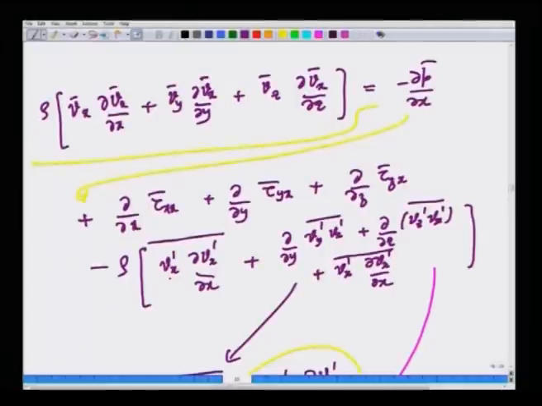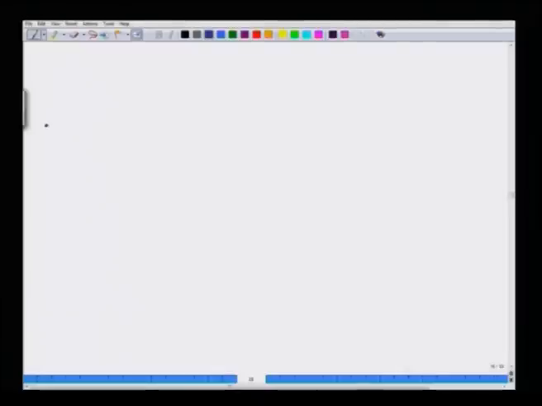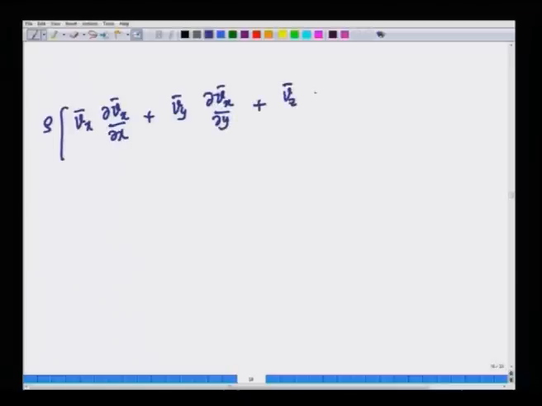So, when we combine all this together after doing these simplifications, now we realize that there are two such terms. Okay. So, I am going to put everything together now. So, the time average Navier-Stokes equations will become rho times (V̄x partial V̄x by partial x plus V̄y partial V̄x by partial y plus V̄z partial V̄x by partial z) is equal to minus partial P̄ by partial x, and I am continuing this here